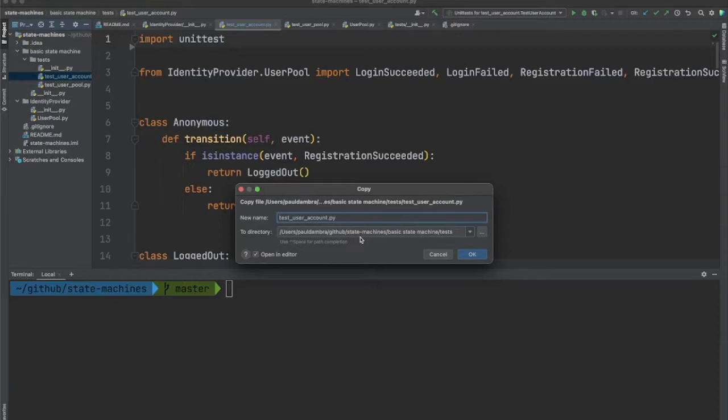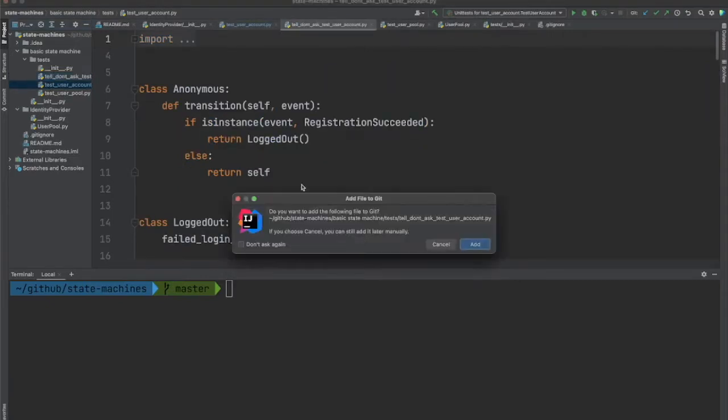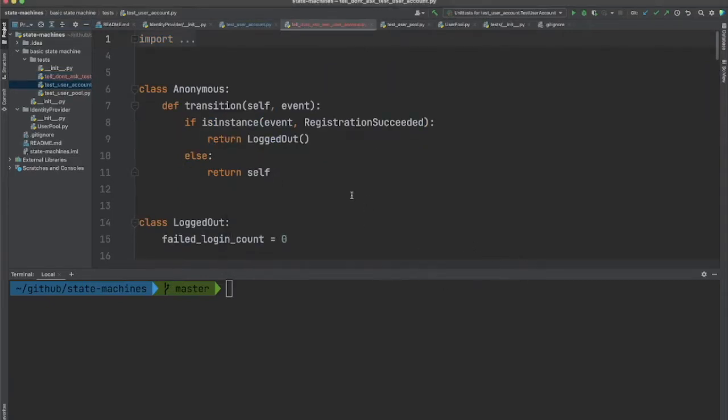So I'm going to duplicate the code so I'm not breaking what's already there. We could branch, we could approach this more than one way. I just want one file I'm going to work in. I'm going to call it tell, except I can't spell tell, don't ask. And the reason to do that is it's going to be a bit easier to make an example if I